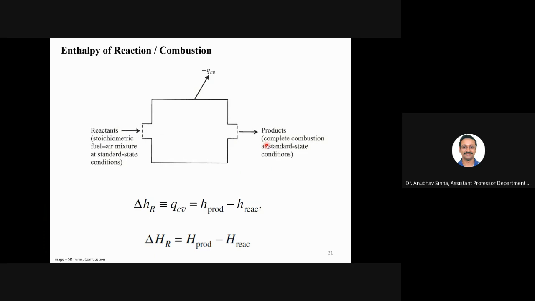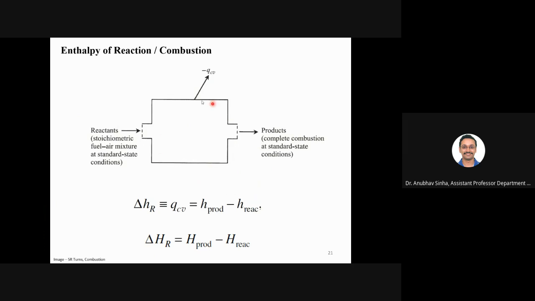It is not necessarily the gaseous state, because I can also have a liquid fuel. It will evaporate and burn. That is also possible. But when I am saying complete combustion, what is the only case where complete combustion is possible? Sir, when fuel and oxygen are in stoichiometric ratio. Correct. Only when we have a stoichiometric ratio can we say there will be complete combustion. Otherwise, either fuel will be left or oxygen will be left. Right? So this is the model that we assume for calculations.